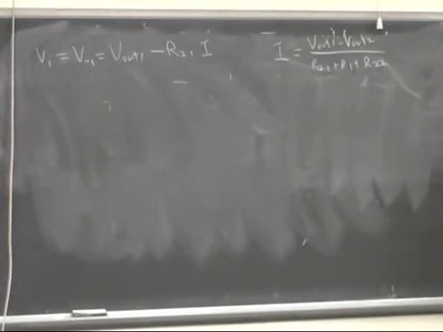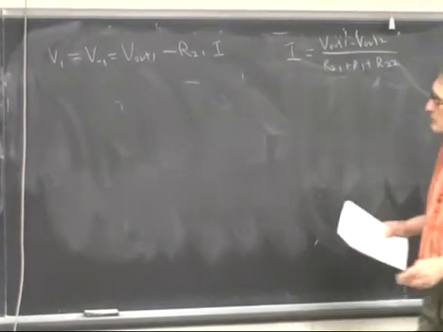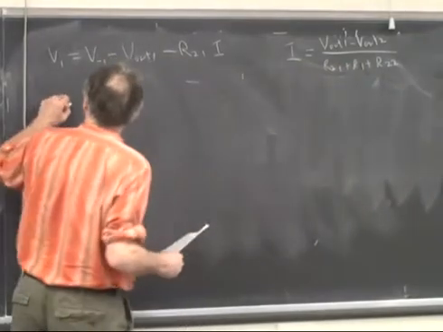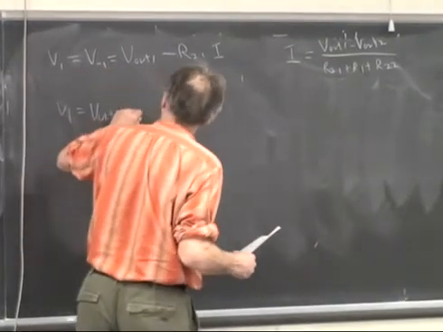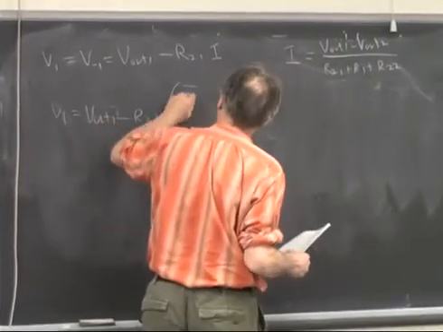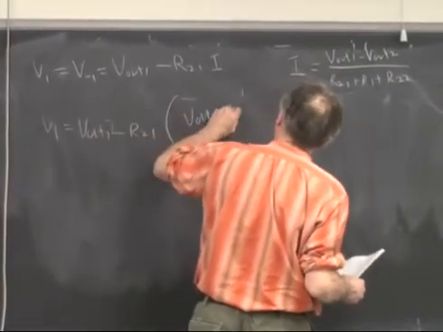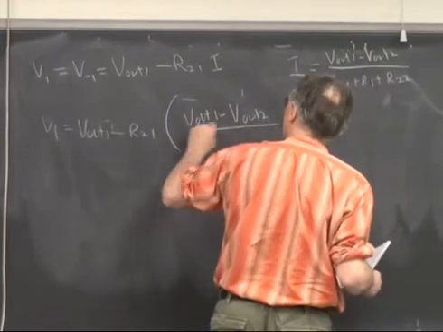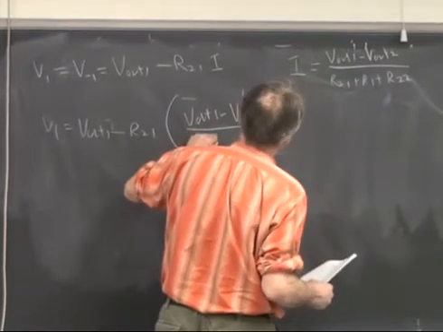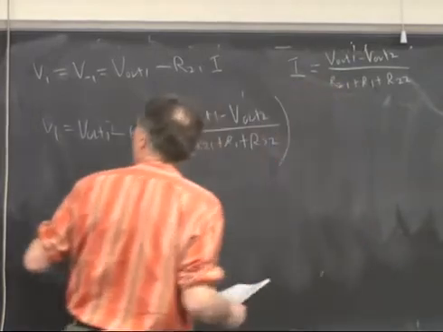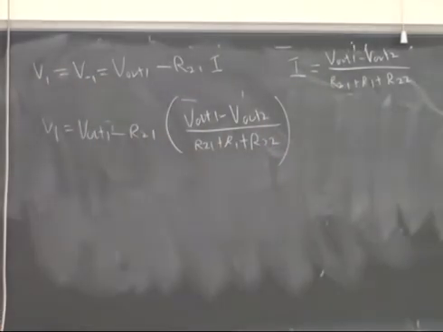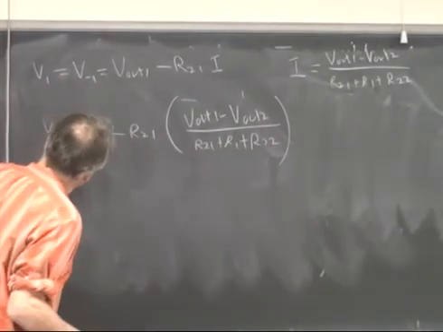Right? So V1 is equal to Vout1 minus R21 times (Vout1 minus Vout2) over (R21 plus R1 plus R22). And now we're going to calculate V2,